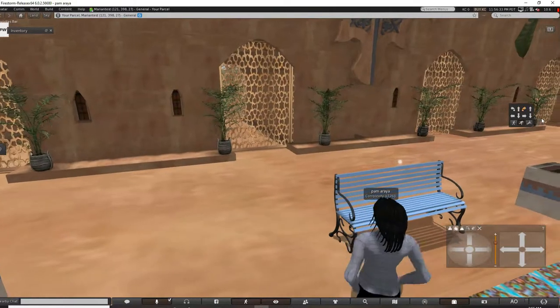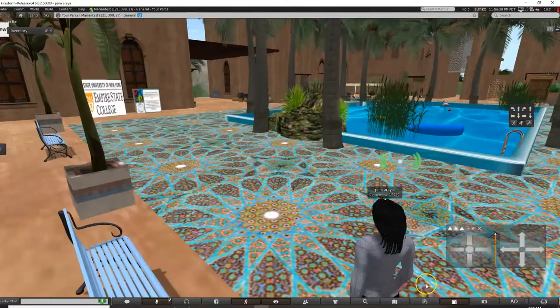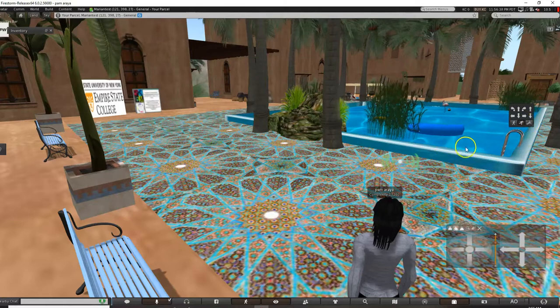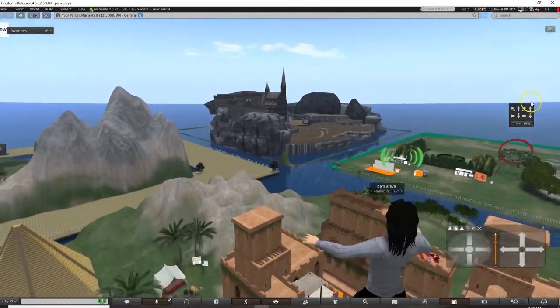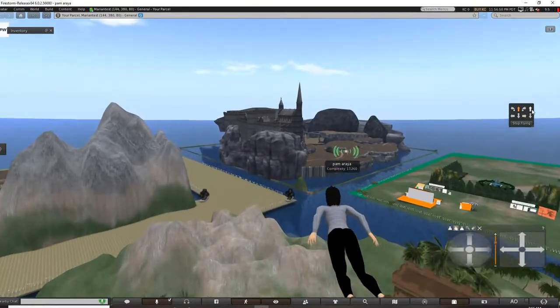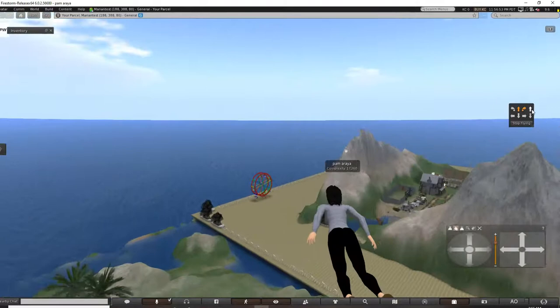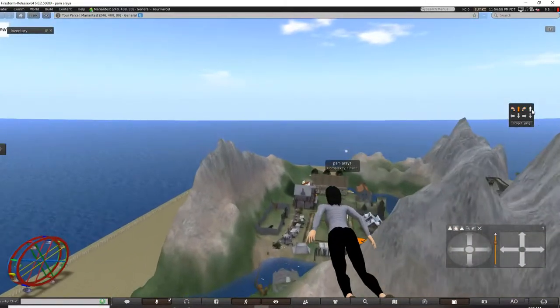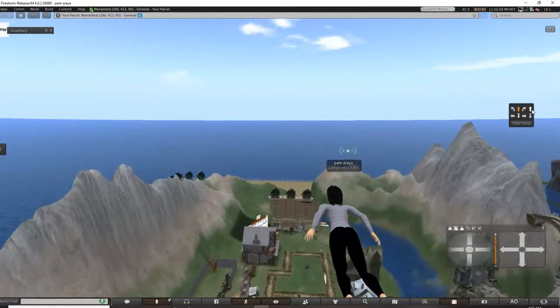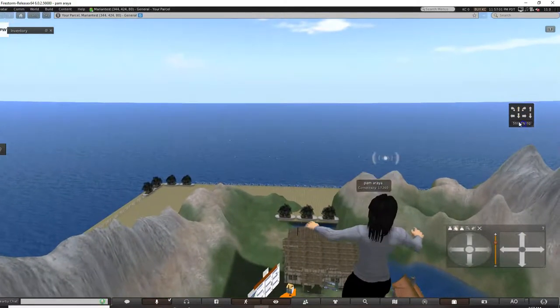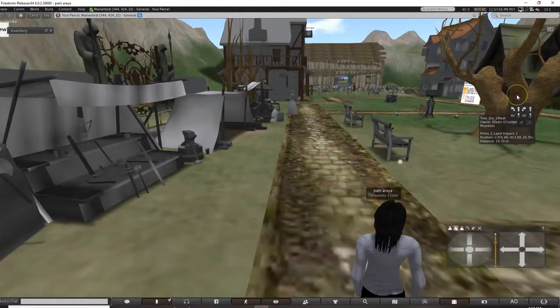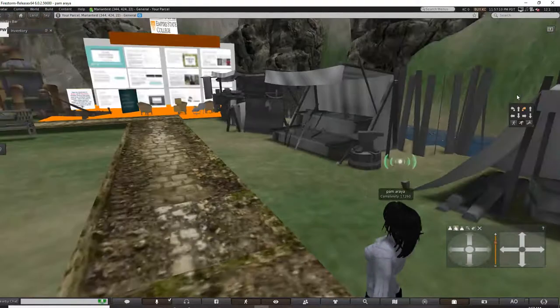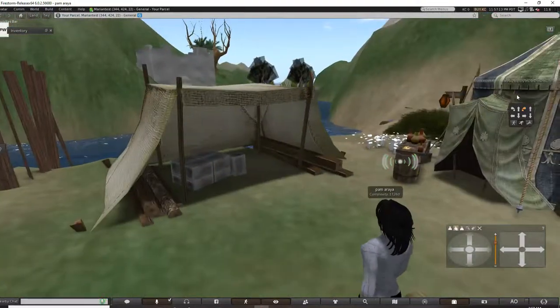Let's fly up. If you go in that pool, you're going to get stuck there, and it's pretty hard to get out, so make sure you don't. The other part they have here is a medieval island. It looks like their projects are still up from the graduating class presentation, their capstone. It's just medieval things here, and I don't know what they're using their color. Probably, oh, there we go, they're generating.